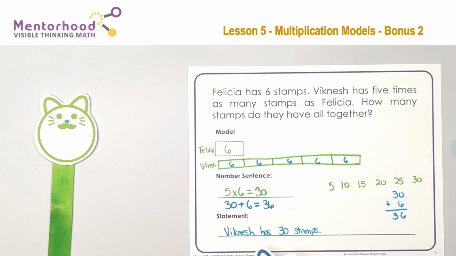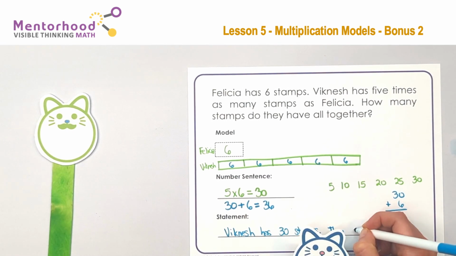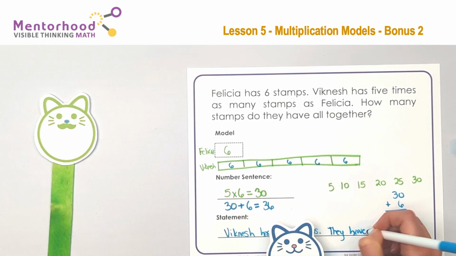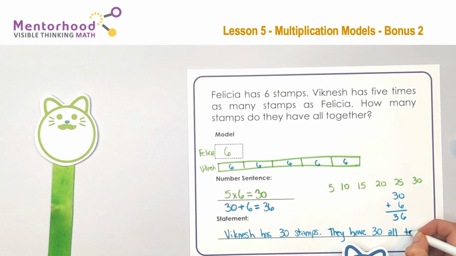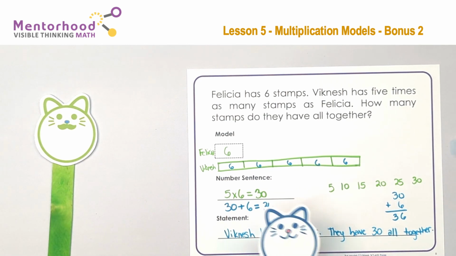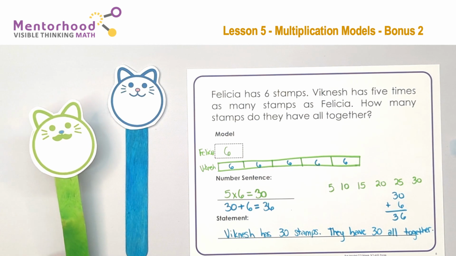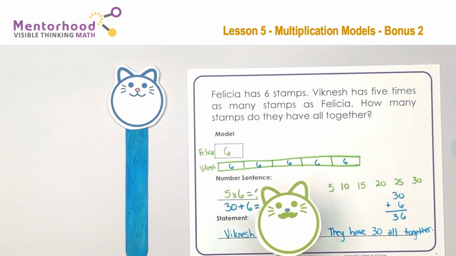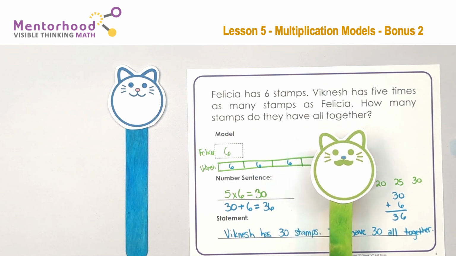All right, I'm going to rewrite my statement. They have 36 all together. Did I do it right, Dad? You sure did, Matthew. Now, kids, don't forget to look at the question and find out what you're solving for